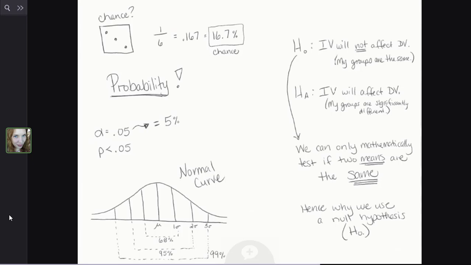Okay. What we really want to know, again, mathematically, is are these groups different? Is there some way we can test that? Without going into too much math, because it would blow your brain for right now, and it took multiple semesters for me to be taught it, just believe me when I say this statement. You cannot mathematically test if two things are different. Again, there's a whole lot of formulas that goes into that, but believe me when I say that. But what you can test mathematically is what is the chance